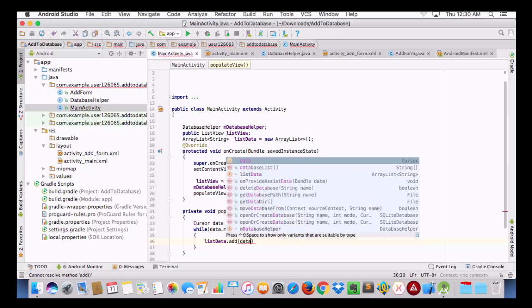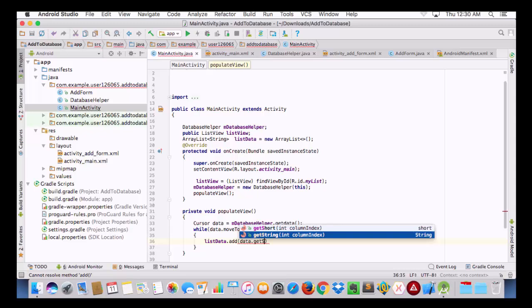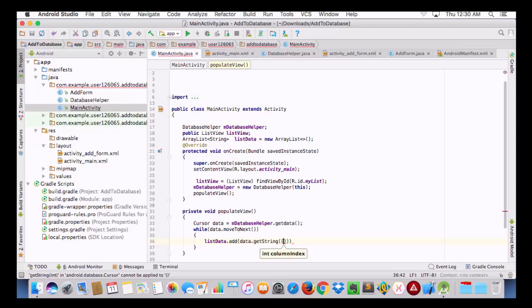Since I have to change it in string, so I'll write here get string, and here I have to define the column name which I have to get. So basically we have taken the data from getData method, which is having a select query, and through while we are getting all that data which is in our data variable in list data, which is array type of string,